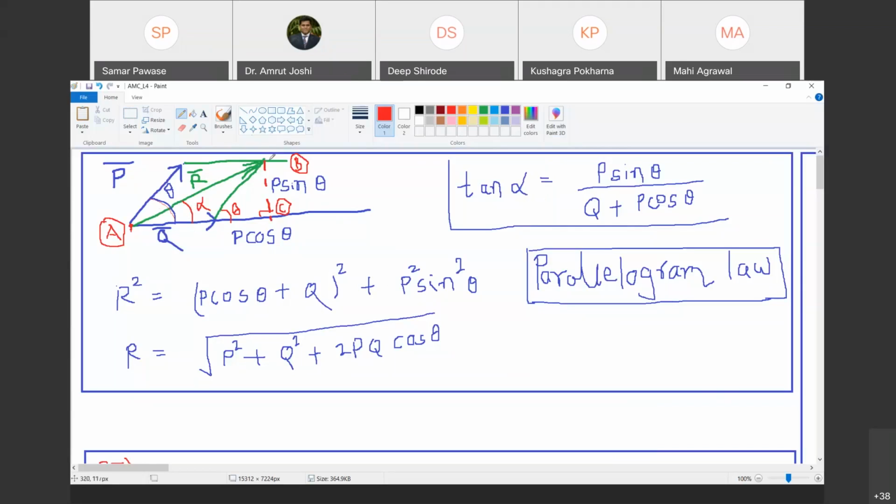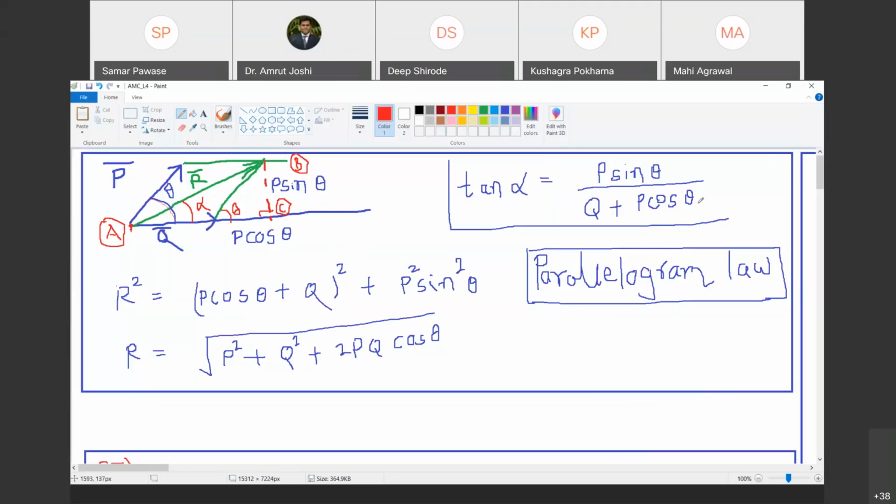So in right angle triangle ABC, tan alpha is opposite side upon adjacent side. What is opposite side? P sin theta. What is adjacent side? Q plus P cos theta. Happy? Yes, sir. So tan alpha is equal to P sin theta upon Q plus P cos theta, where alpha is the angle made with reference to Q. एंगल मेड बाय रिजल्टेंट विथ रेफरेंस टू क्यू. सो क्यू के साथ बनाया हुआ एंगल अगर निकालना है तो उसका टैन आता है P sin theta अपॉन Q